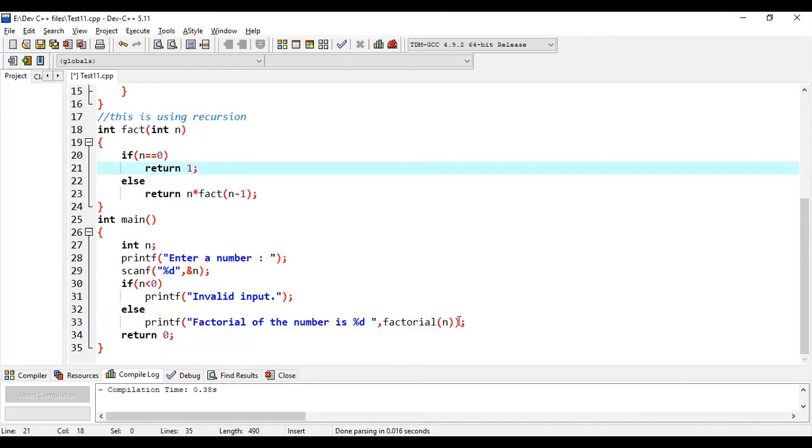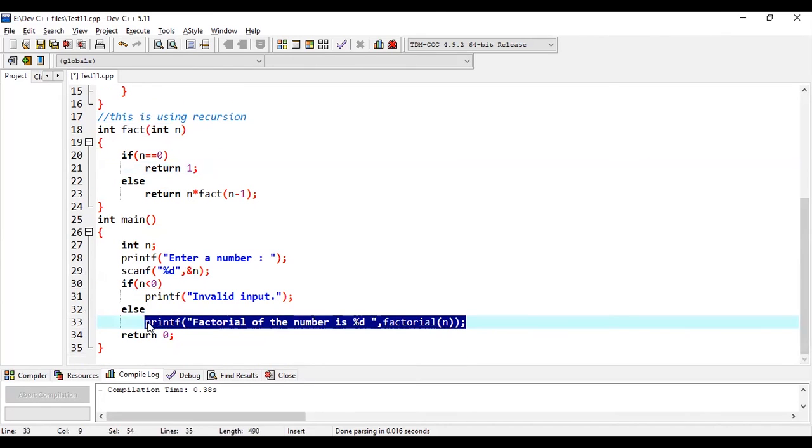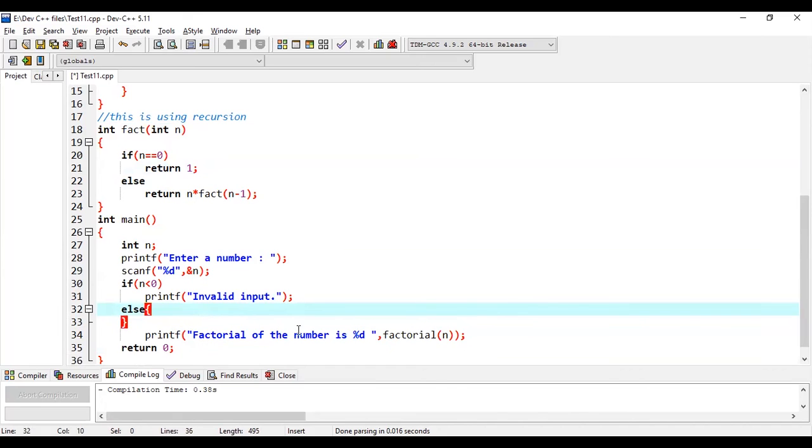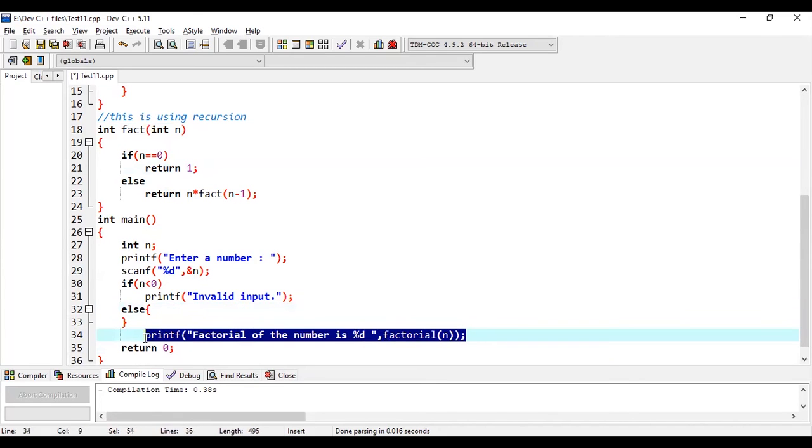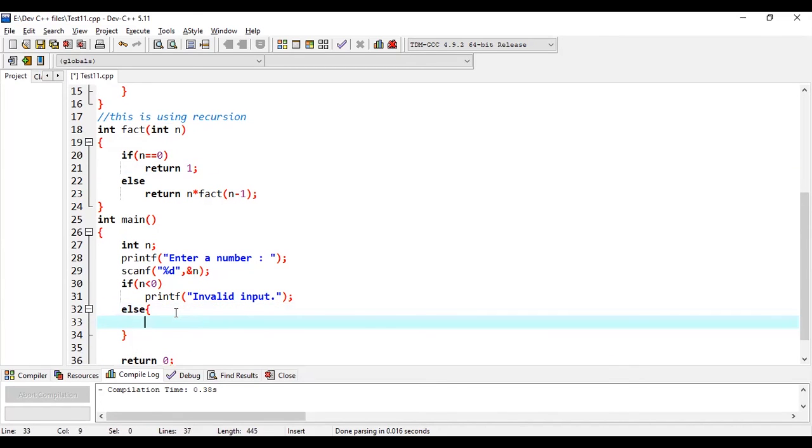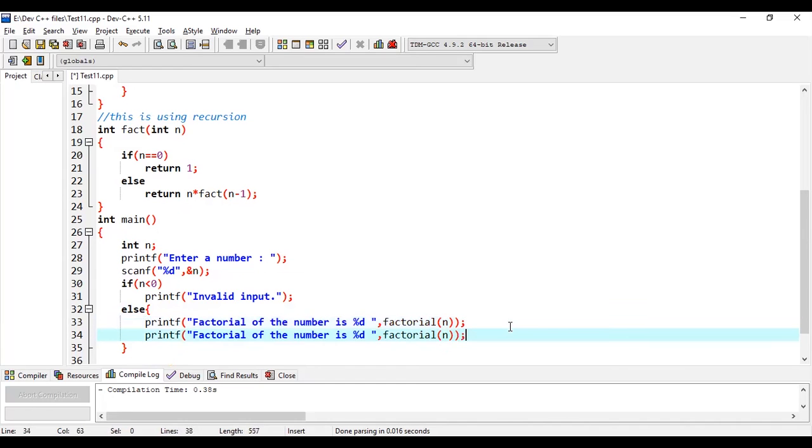Now we will have a similar output. I'll just include a bracket, cut it once and paste it here, and then paste it one more time over here, factorial of the function, and here I will write using recursion so that you can see the same thing, and here I will write fact. Now let's save it and compile and run.